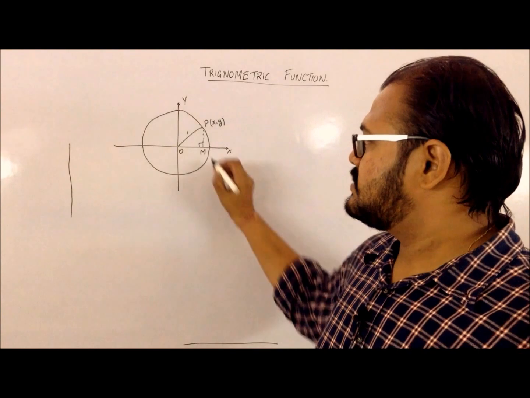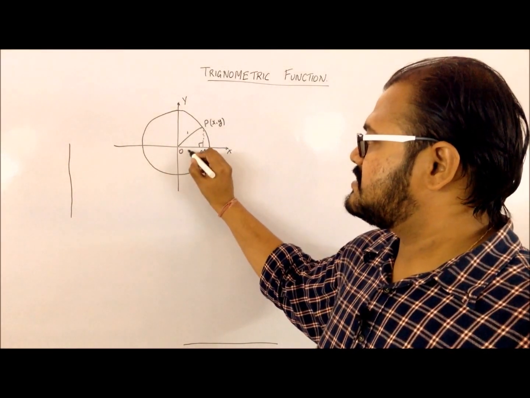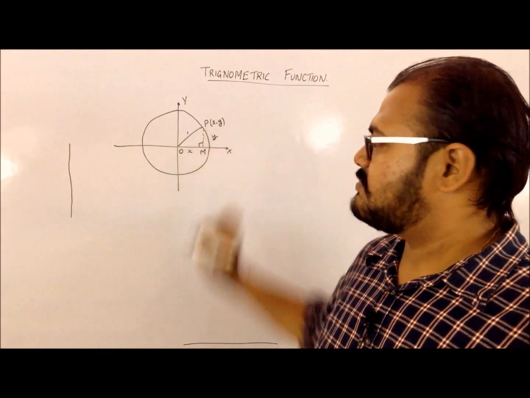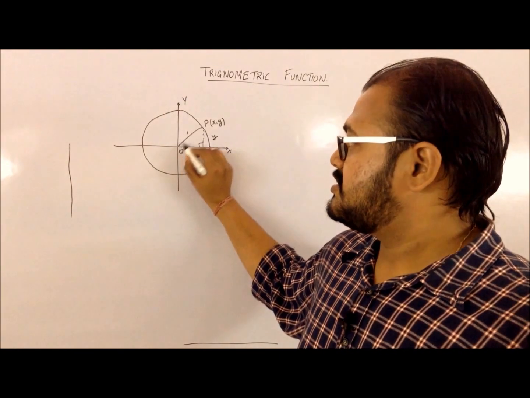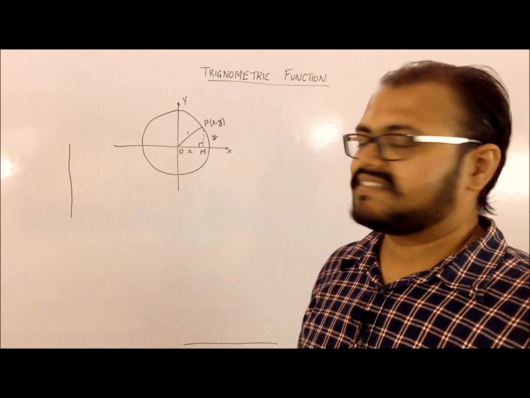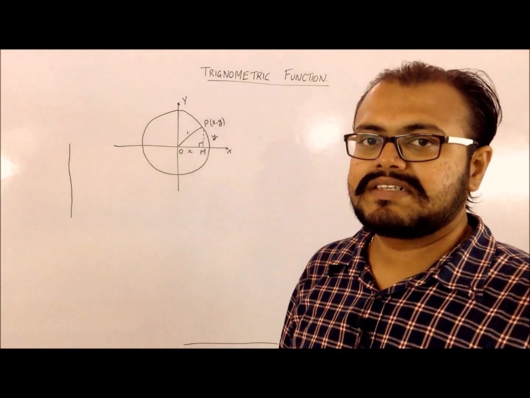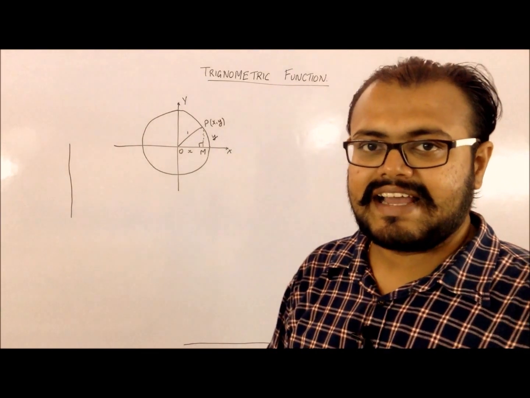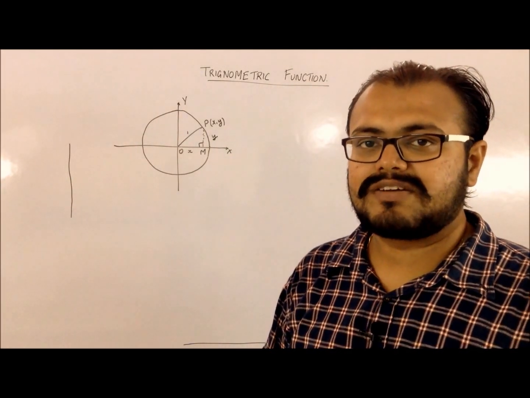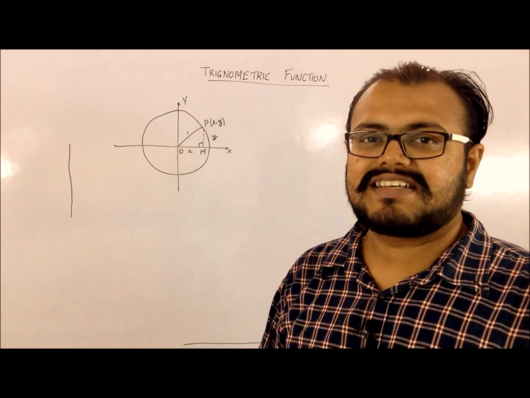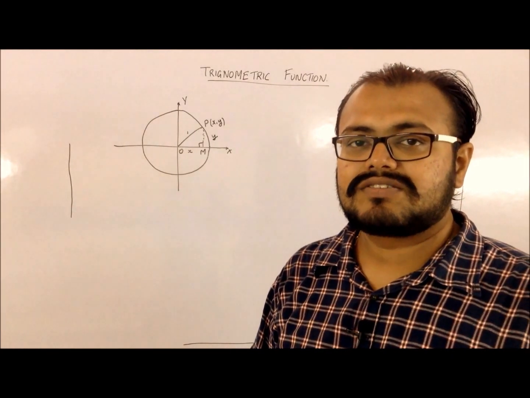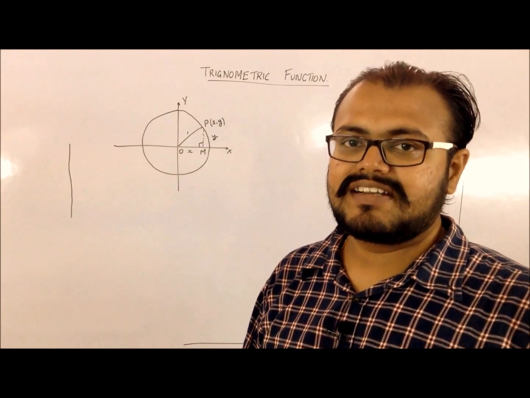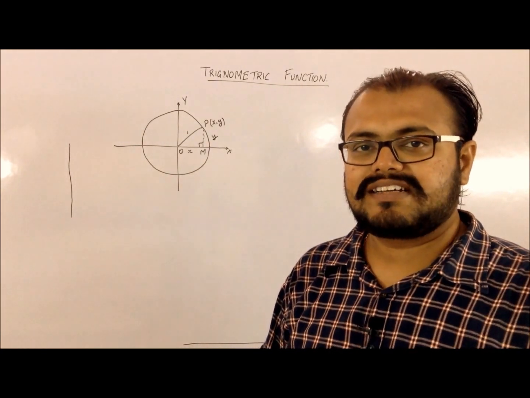Now from this I know the distance of OM is considered as x and the distance of PM will be considered as y. My hypotenuse of this triangle will be 1. So basically this OPM is going to form a right angle triangle. So using this right angle triangle I can define the different ratios of trigonometry. So trigonometric functions are nothing but ratios of the sides. Depending on what two types of sides I am going to consider, I will be having a different trigonometric ratio or a trigonometric function.